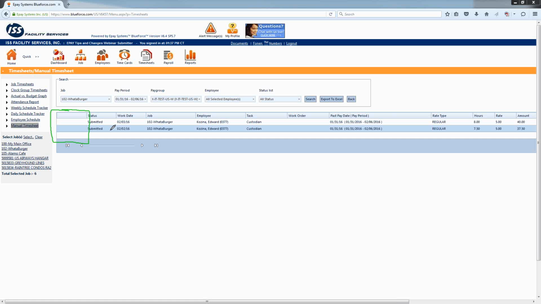But when an approver logs in here for this job, they're going to go in there and be able to select those particular lines and actually click on Approve to be able to approve these entries for you. So this is where I'm going to stop. I'm not actually going to go through and approve because I'm logged in as a submitter right now. But as an approver, I would have some options there to be able to continue this process. So this is a real easy way to submit, and obviously the same way you come in here to approve your manual timesheets. Now, as I mentioned, once they are approved,